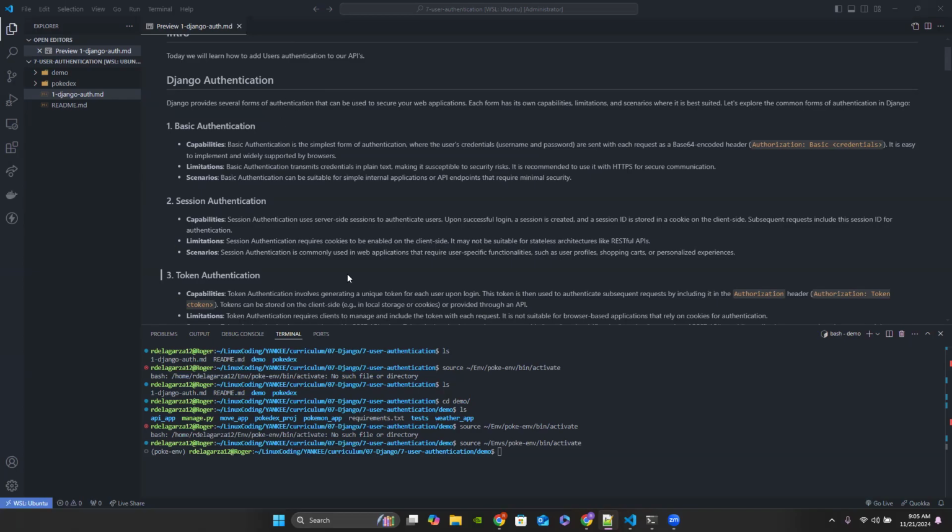The next one we will cover is going to be the session authentication, which you've probably seen it before. If you ever spent too much time,